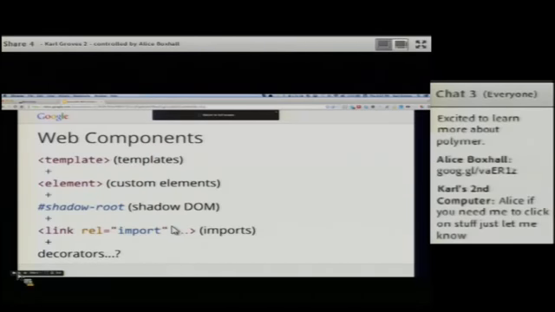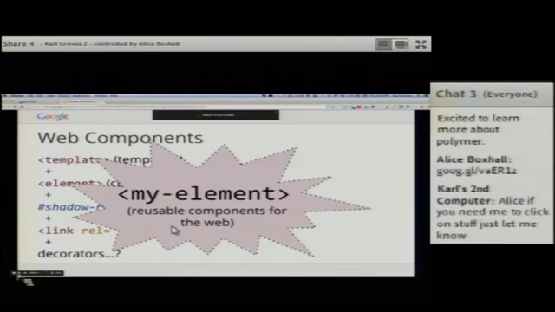So I'm going to be talking a bit more about web components. Marcy introduced web components this morning with much more panache, but essentially it's a collection of technologies, a collection of standards that are coming down the pipe. We have element templates, we have custom elements, we have shadow DOM, we have HTML imports, and we have decorators which aren't even spec'd yet. And taken together, we get reusable web components. So I'm going to give another example of what this looks like in a moment.